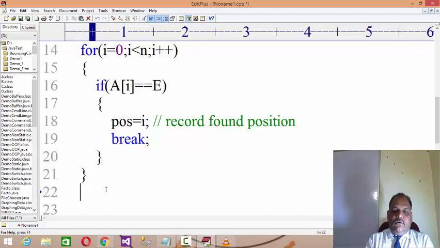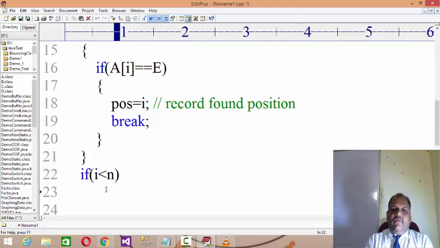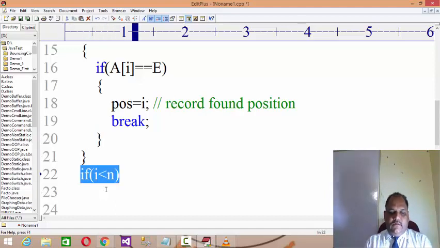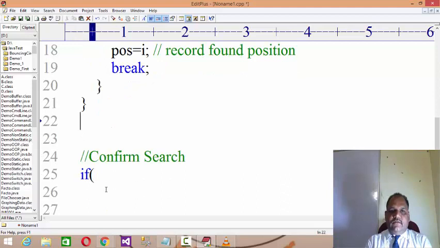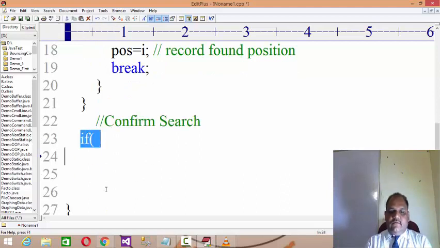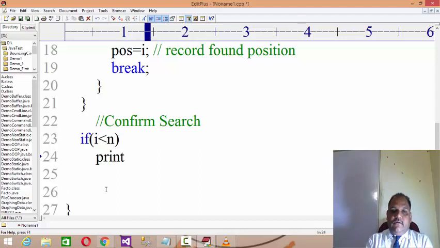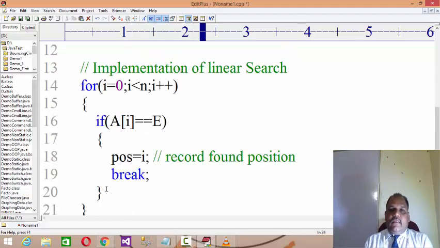So there are two things. If i less than n, if the value of i remains less than n, it means what? Here you have to put this in a confirm search. If i less than n, it means found, because if the data matches, then you have to record the position and break it.